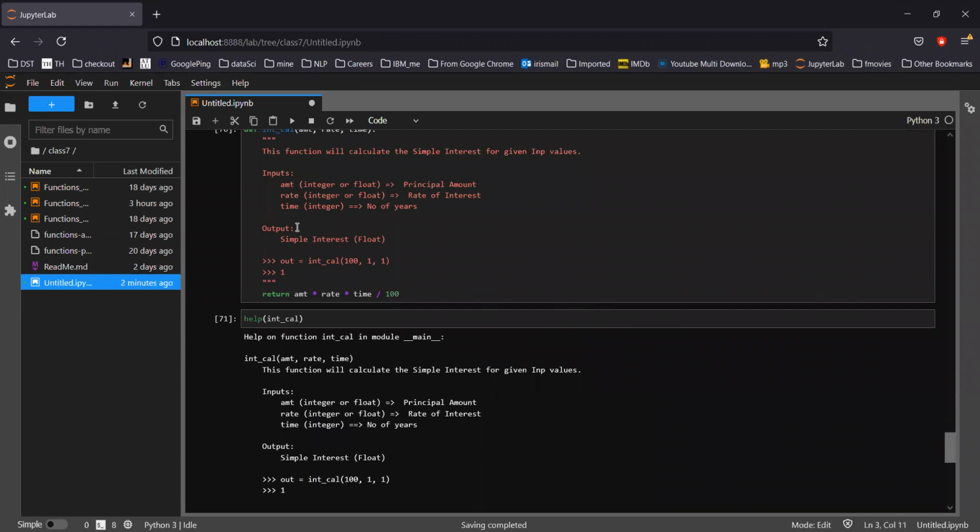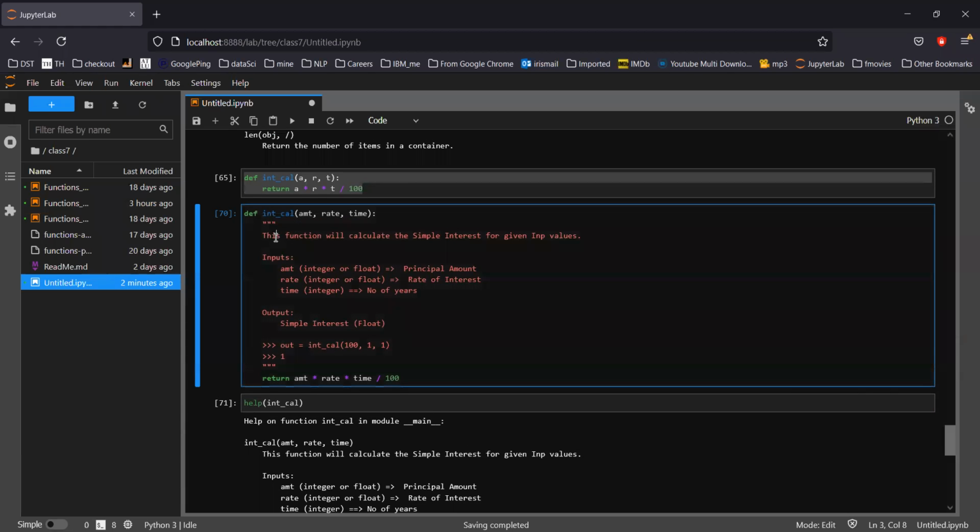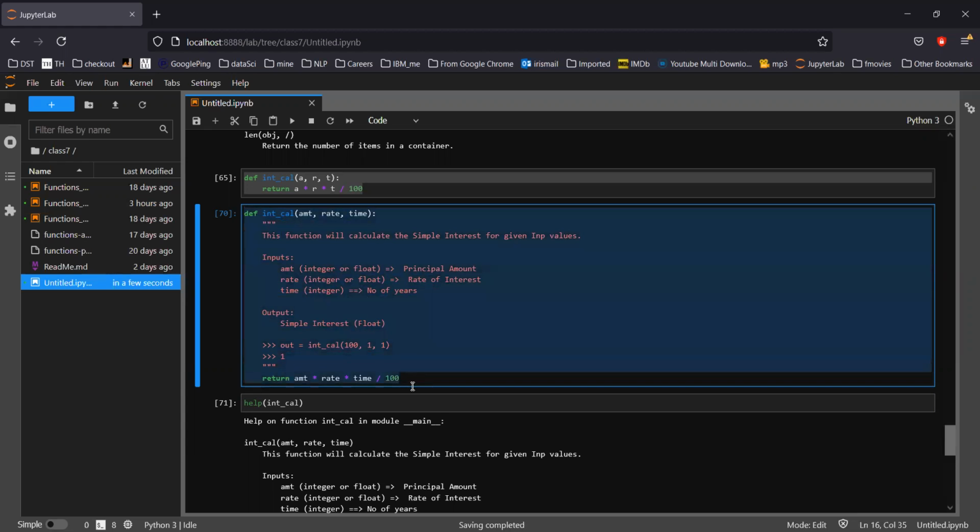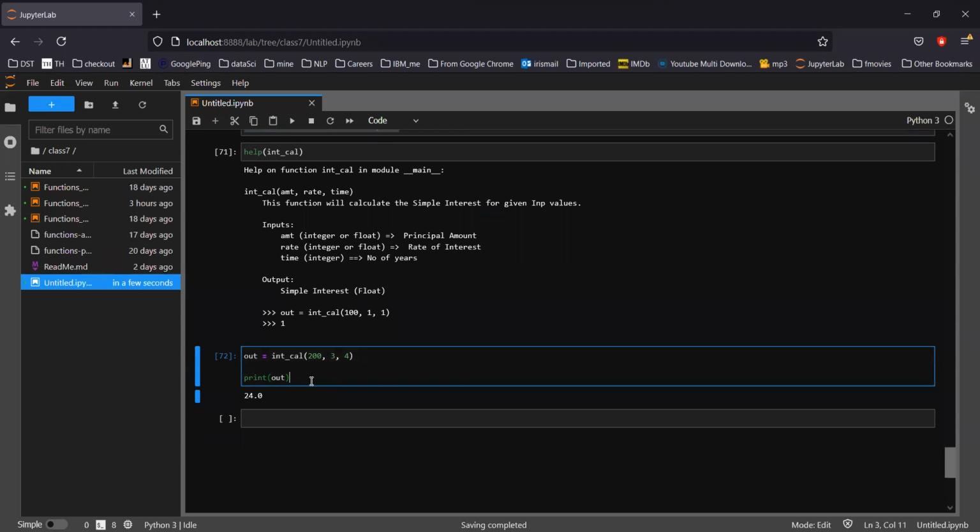The third reason is, suppose I have written down the functions, but I want you to use them. Suppose I wrote down all these functions and wanted to share them with you and ask you to use them. How are you going to use them? That's a pretty interesting scenario, right? Suppose I write down some calculations here and I want to test them out on your machine. One way, you copy this whole code, execute it in your machine, then execute this. Then you can utilize these functions.